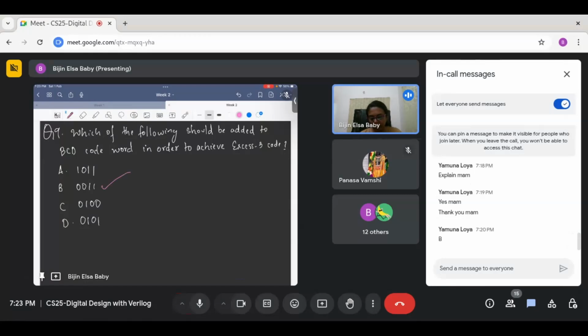The option that is XS3 you have to add with